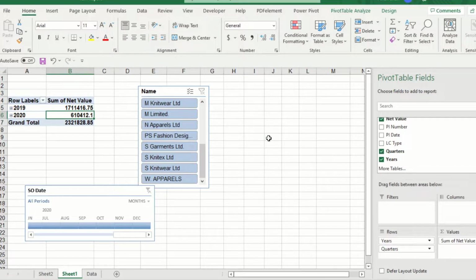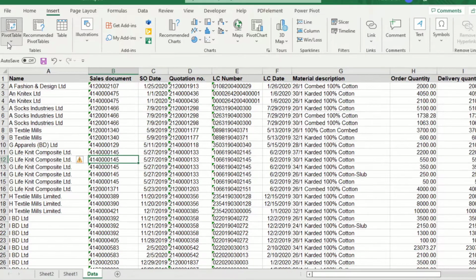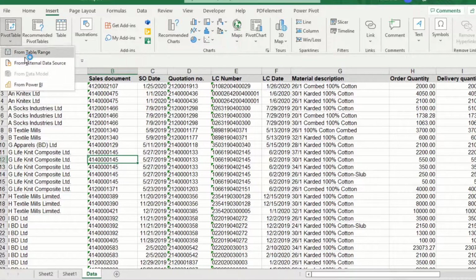You can create pivot table from different sources. So how to create pivot table from other sources? Excel also allows you to create pivot table from other sources. Click Insert, then click the arrow under Pivot Table button. You can see available options for other sources. You can select from other sources. There are 3 other options you can use for pivot table.